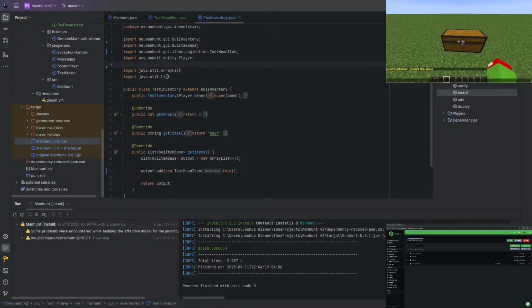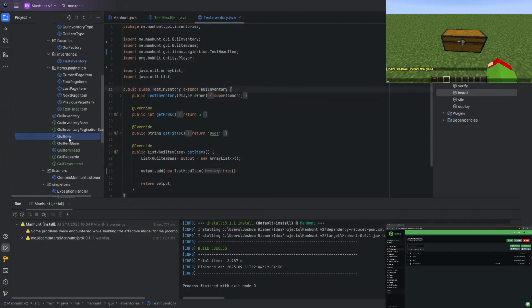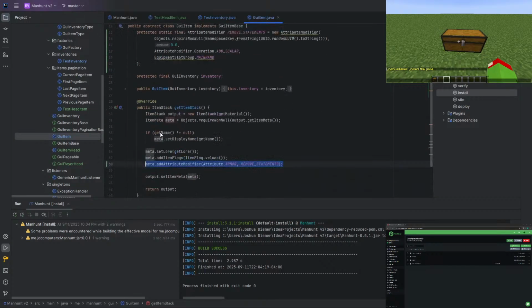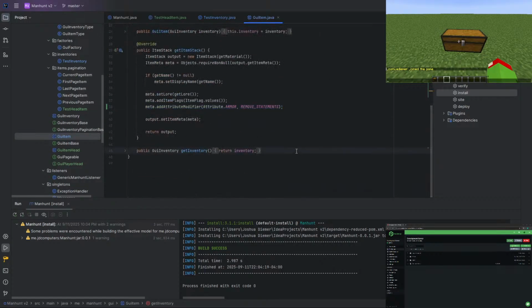Yeah, we can implement it there. So let's go into the GUI item. And just scrolling down, all I'm going to do is say protected void play click. And then in here, we'll have sound player instance